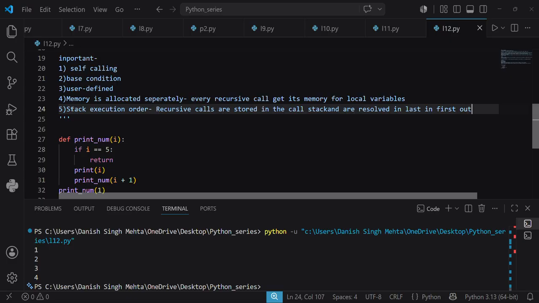Last in, first out. Basically, this last in, first out is a concept of DSA. If you know DSA, then you can recognize what this last in, first out is. What is this? When the stack is created,